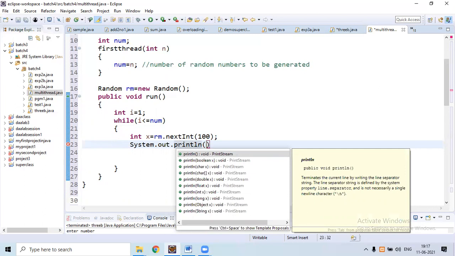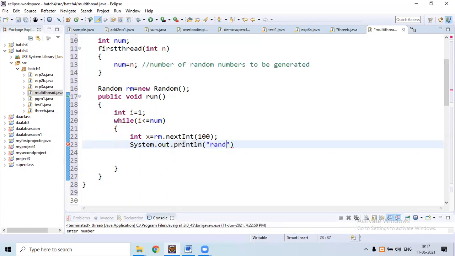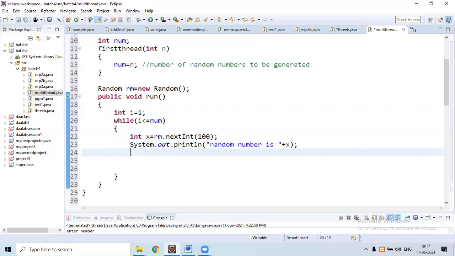Here random number is plus x. After printing random number, then we need to suspend the execution of first thread for 1 second. To suspend the execution of a thread for 1 second, we need to use